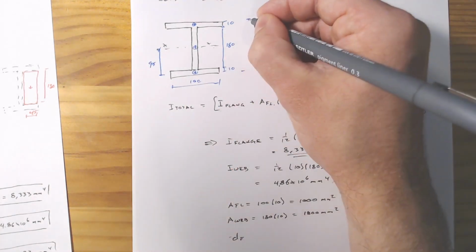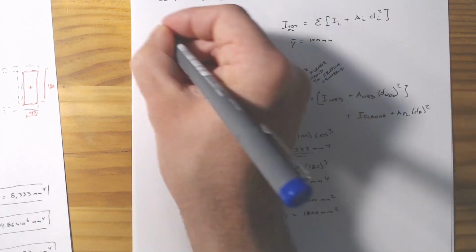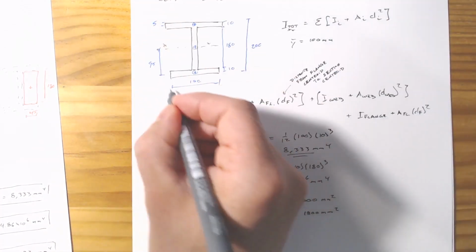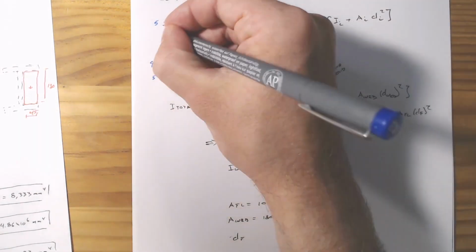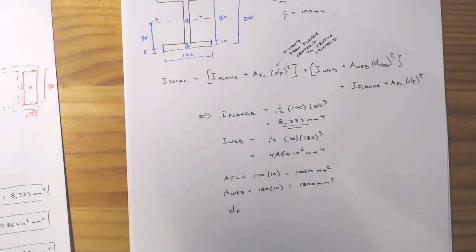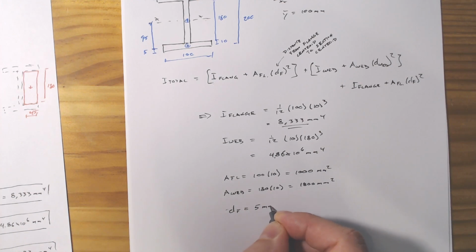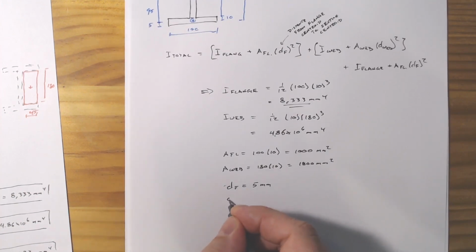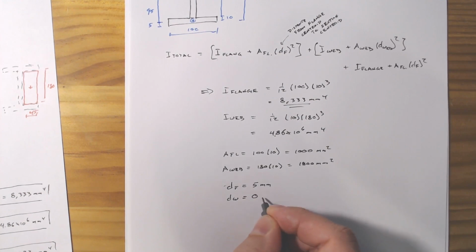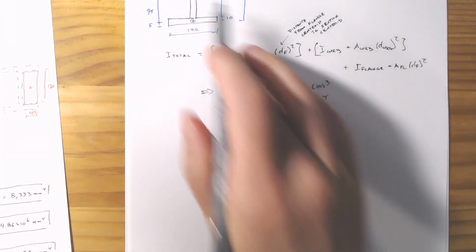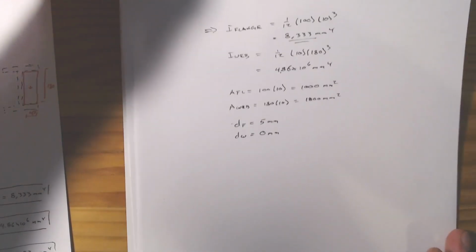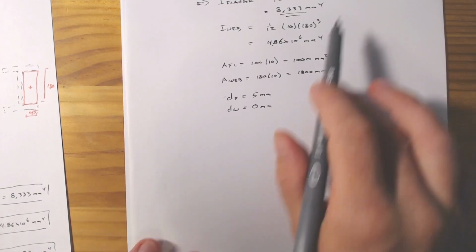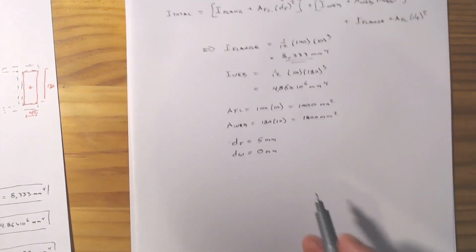That's 200. And we know that this distance is 5. And so d f equals 5 millimeters, and d web equals 0 millimeters because the centroid of the web is located at the centroid of the total section. So if we plug all of this in, and knowing that we can just multiply out these two flanges, we would get